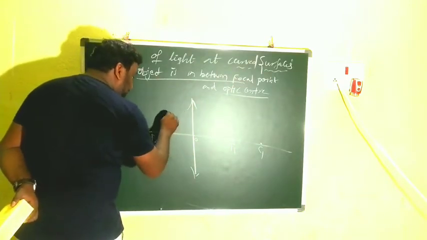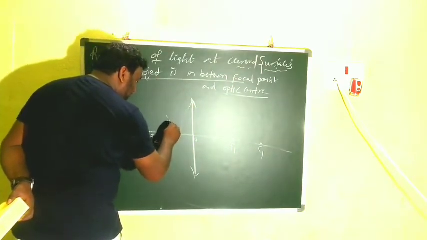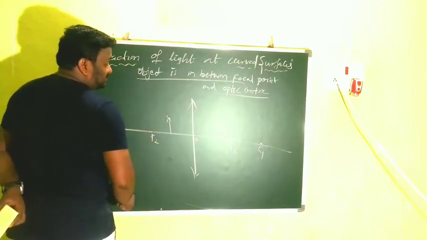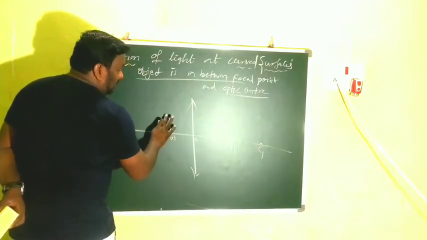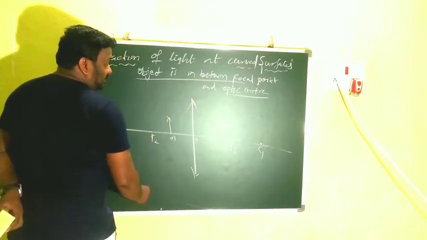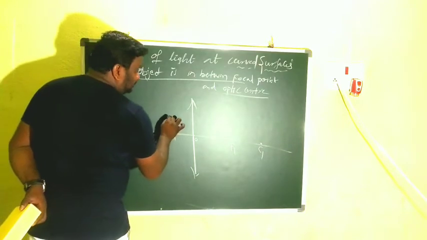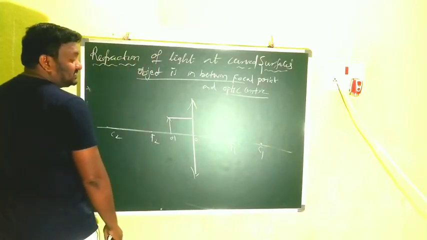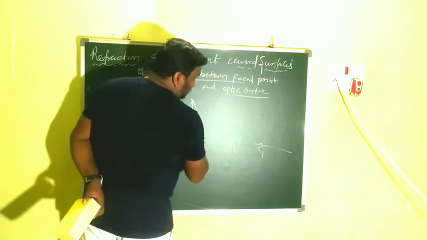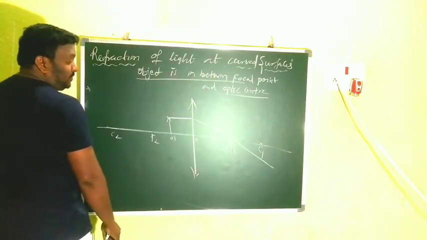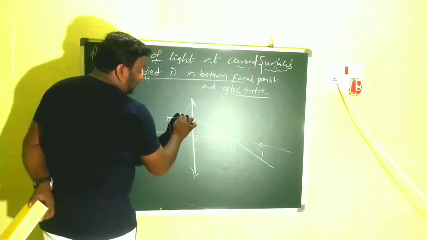I am drawing here. Now this is the object. Here I am showing that O dash is the object and O is the optic center. Clear? Now here, same thing. The ray is parallel to the principal axis, so then it should be passing through the focus. Clear? After this is the R1. Clear?